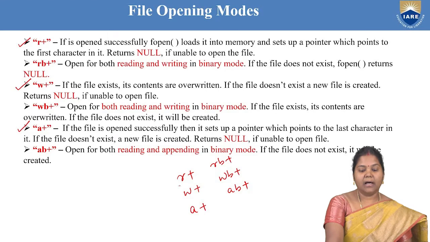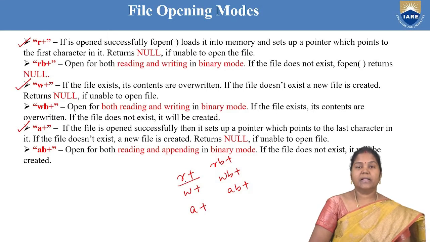If the file is successfully opened in r+ mode, then first you can do reading, then writing. Similarly, if you are using w+ mode, then first you can do writing, then reading. If you are using a+ mode, then first you can append some content to the file and then you can do